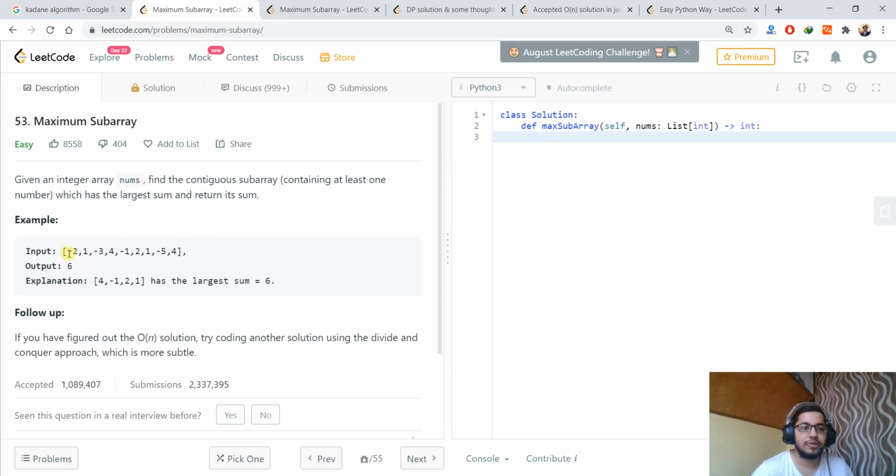Now if we see the first input, here we have -2, 1, -3, 4, -1, and so on. What we can do is take the previous values.